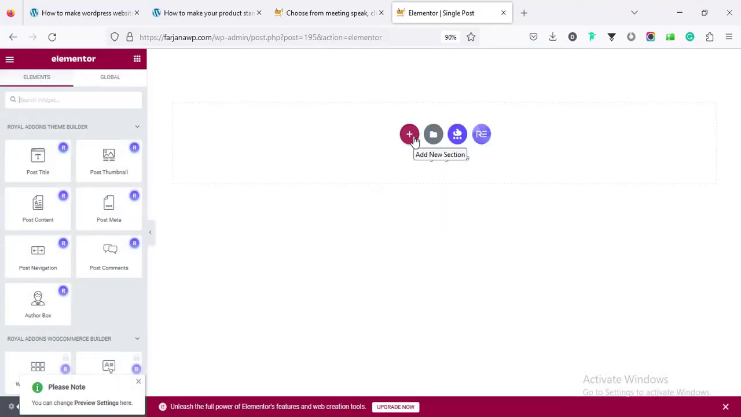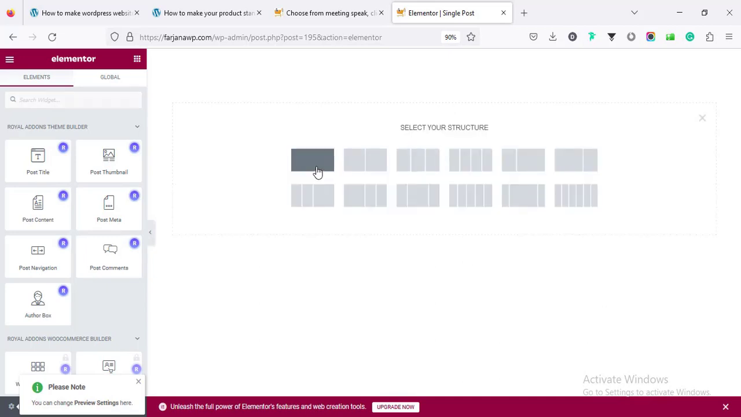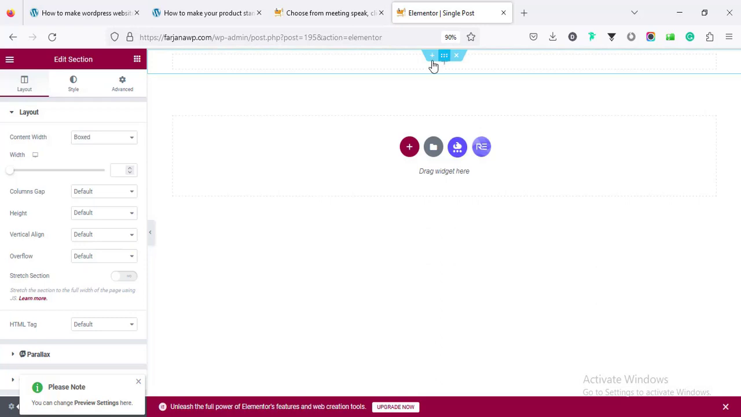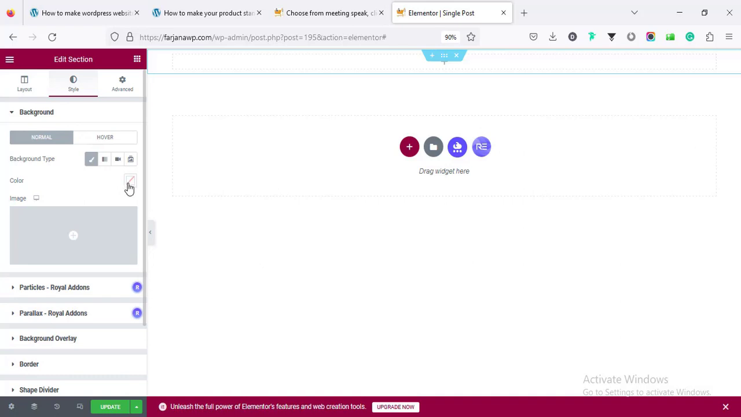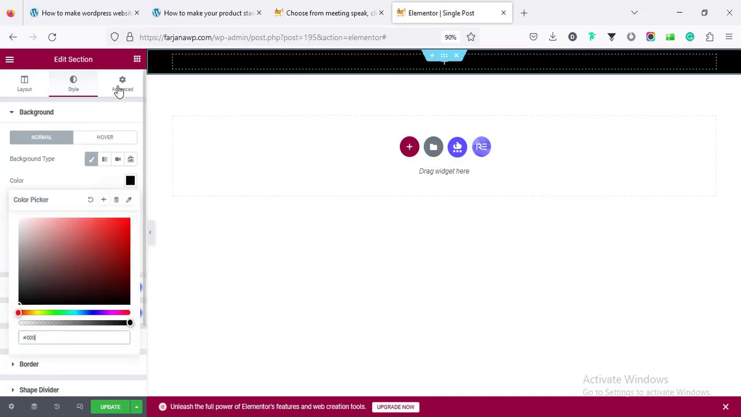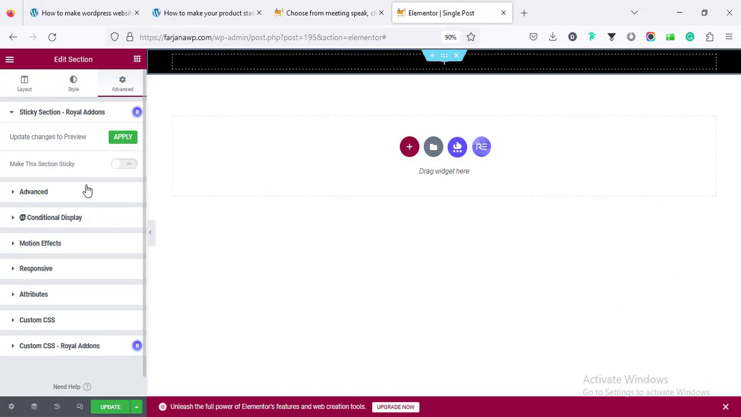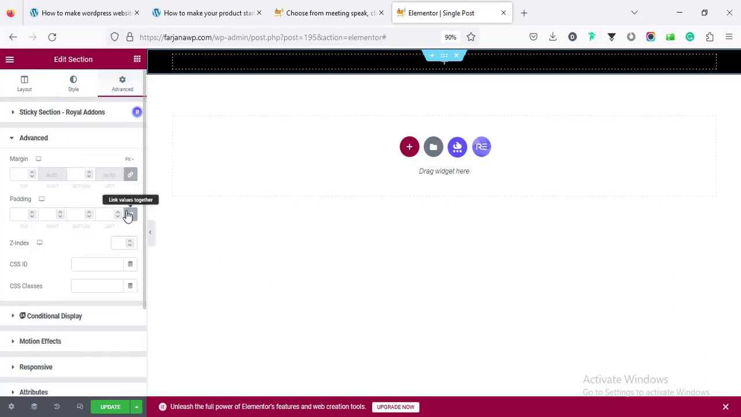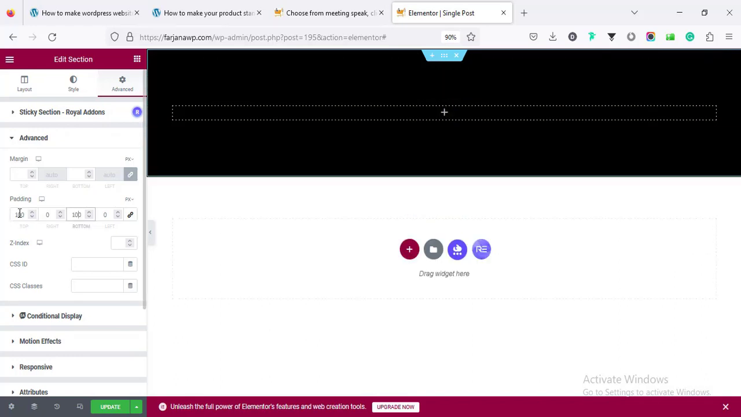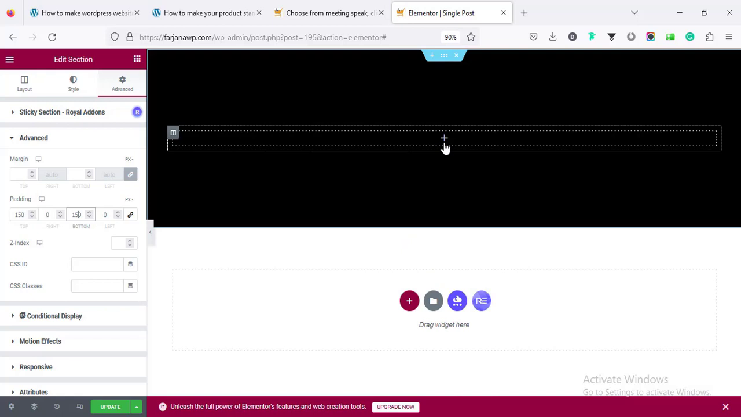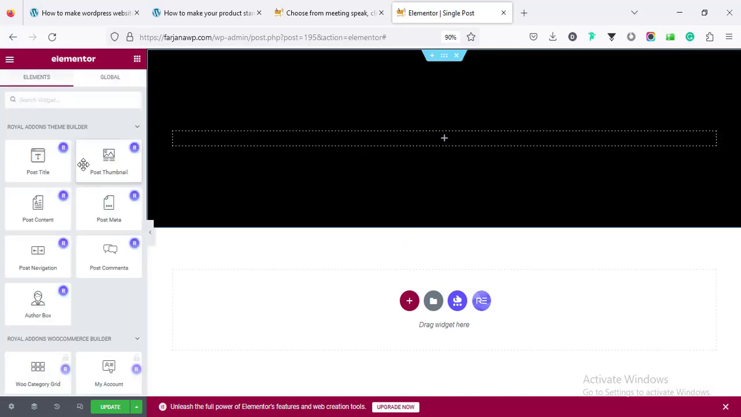Now here going to add new section, the one column structure, and going to edit, going to style tab, color, I am setting the background color to black, and going to add some padding, going to add fonts, and padding top I am adding 100 and bottom 100, or we can increase it. And here I'm adding the post title,